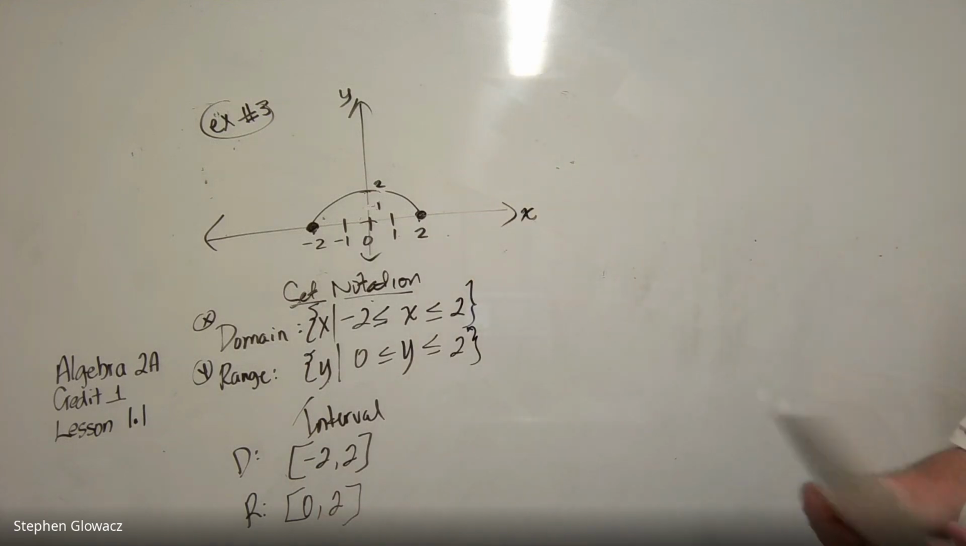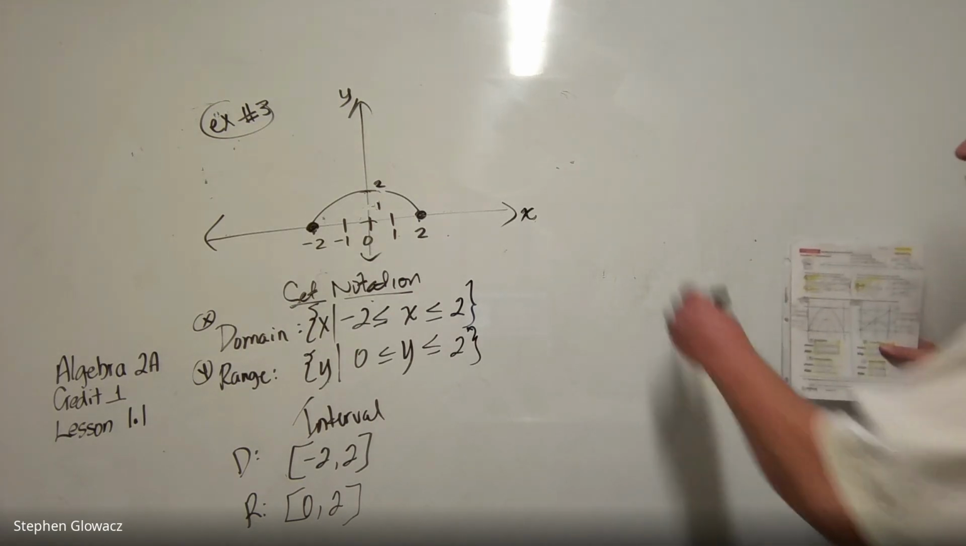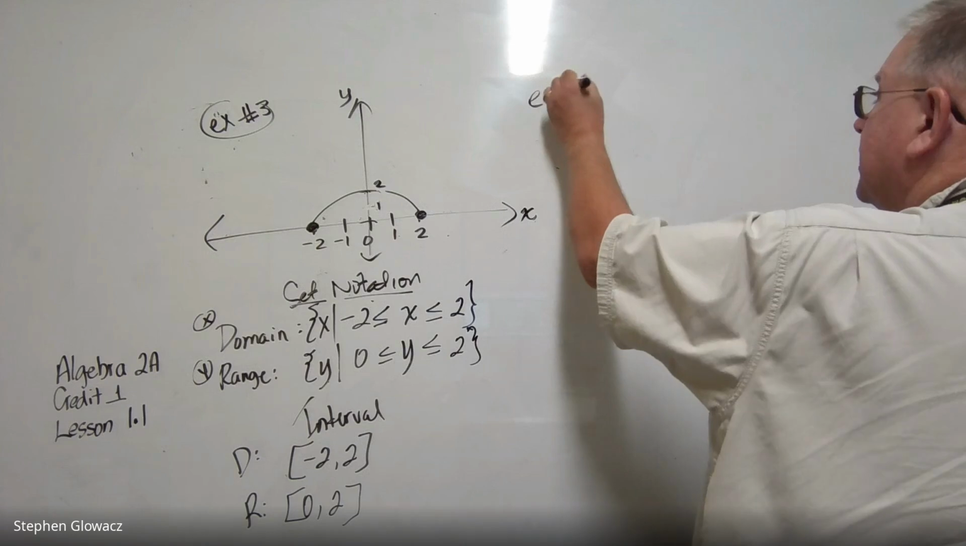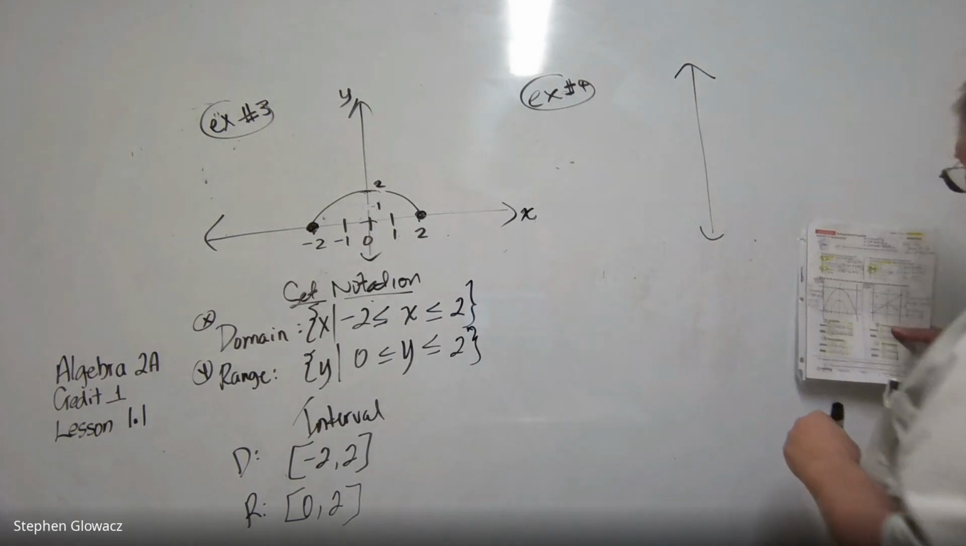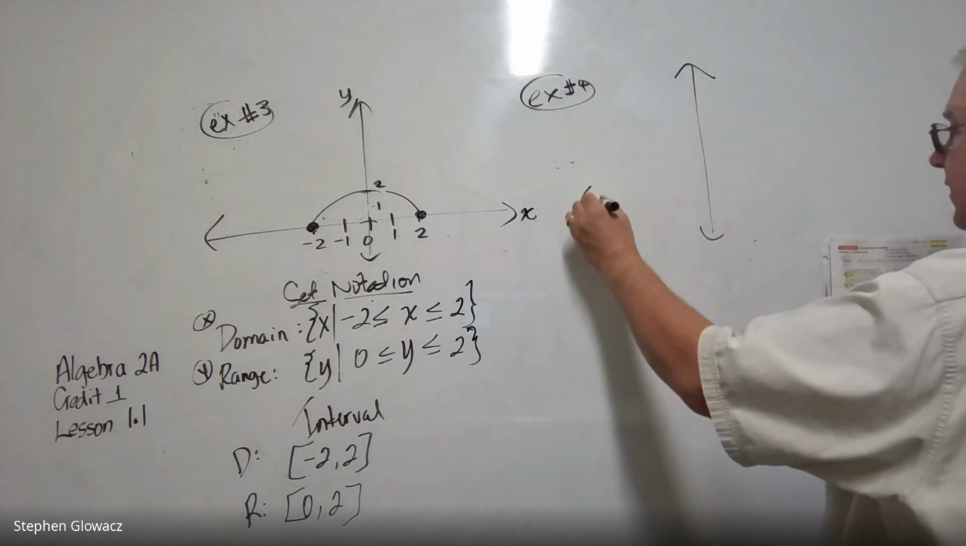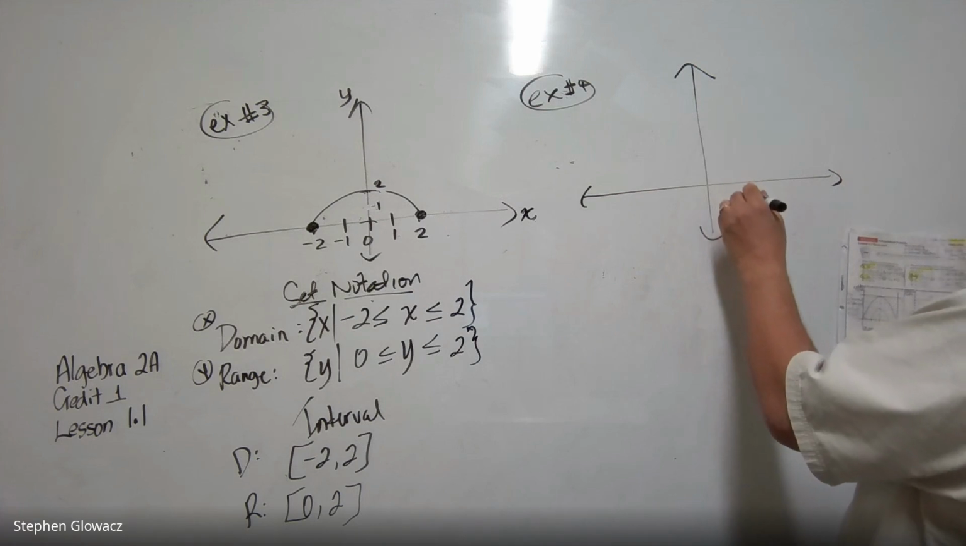All right, so now that's number 3. And let's take a look. Number 4 is very similar, but we're going to take a look at what it would look like if we have a line for our graph. So let's go ahead and do that. We've got